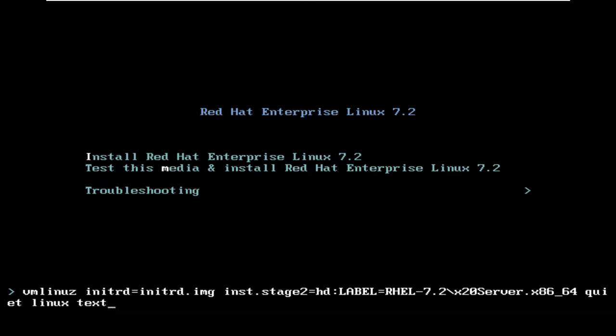Linux text. So what I did here, at the end of the line I gave a space and then typed Linux text, and then I will press enter. So this will start what? It will start the TUI installation method. Let's see that. Enter.